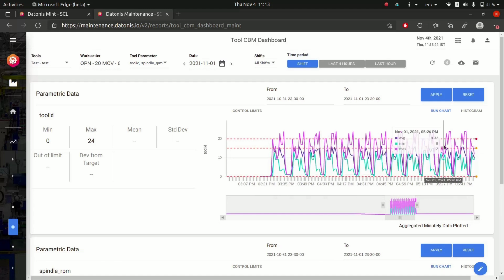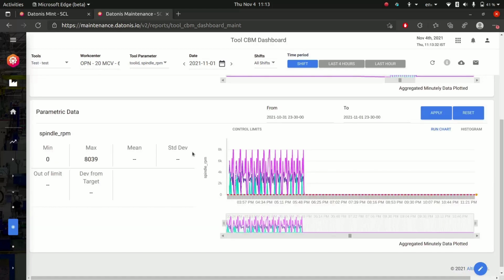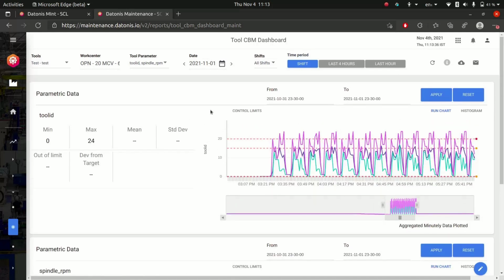Whenever you click on this shift, it will show the aggregated minutely data plotted. In this aggregated minutely data you cannot see the points out of limit, but if you see the raw data, then you can see the points out of limit options. Like this is a spindle RPM parameter.